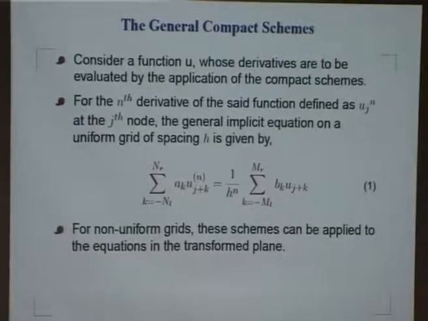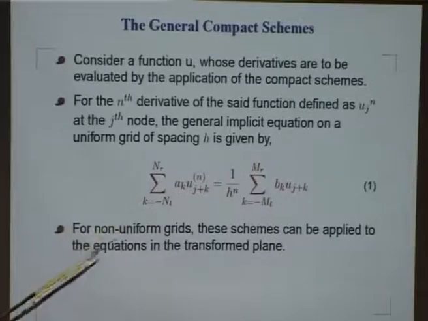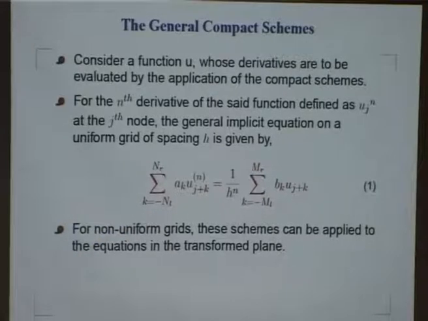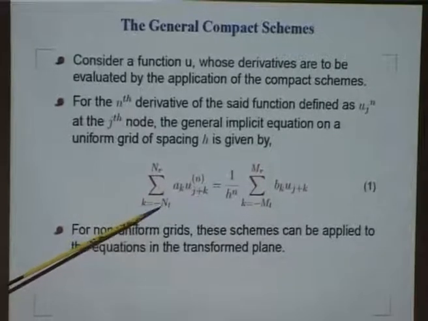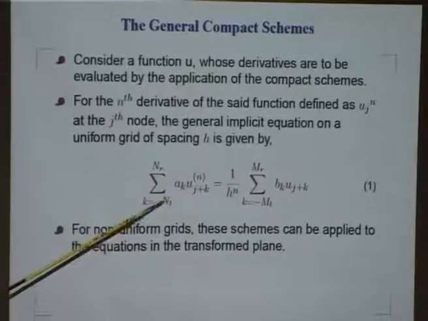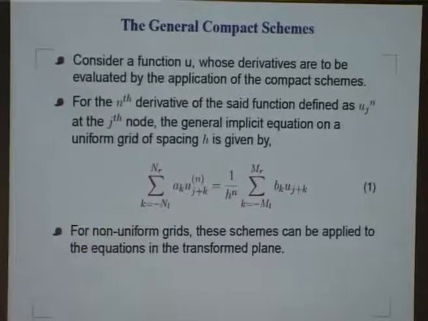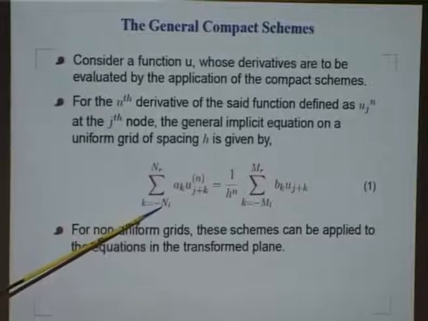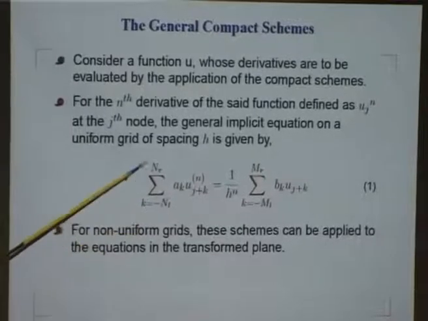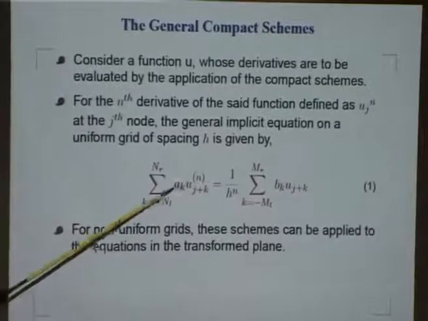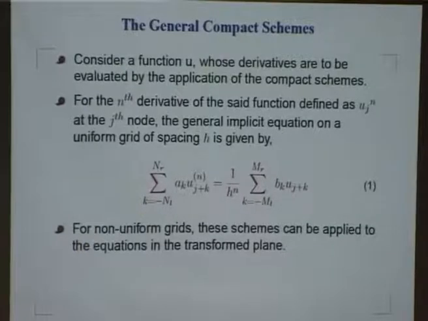So, this is the nth derivative. They are written in an implicit manner. So, they are not explicitly evaluated pointwise. They are all indicated by the node index j plus k. K goes from minus NL to NR, and j is the point where we are actually focusing our attention